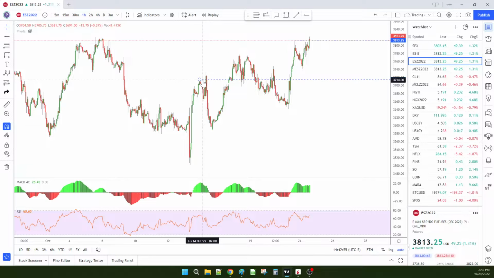And so for me, that was 1, 2, 3, 4, 5, and then I have a complex correction here, WXY, XZ coming down. So that's either your 1, 2, or I'm thinking this is more your A coming down. Here's your B, and now we're finishing C. So when this came shooting up and broke this top,